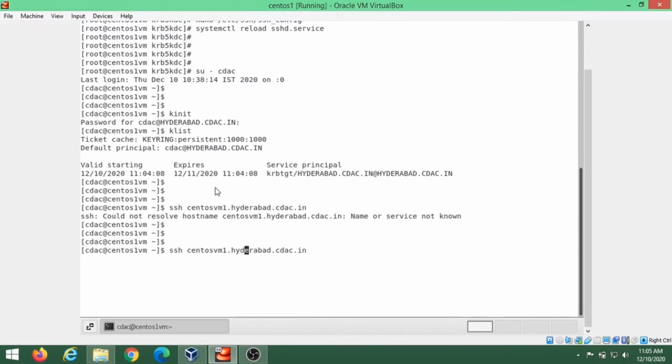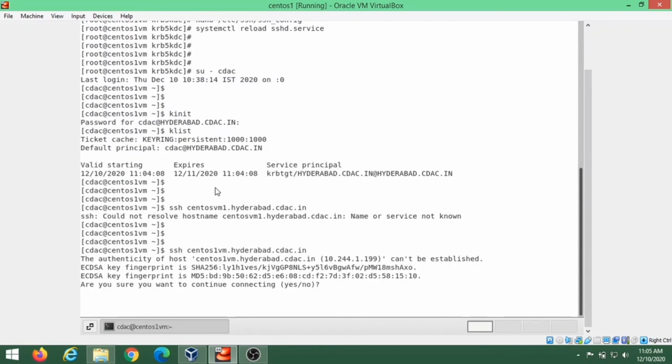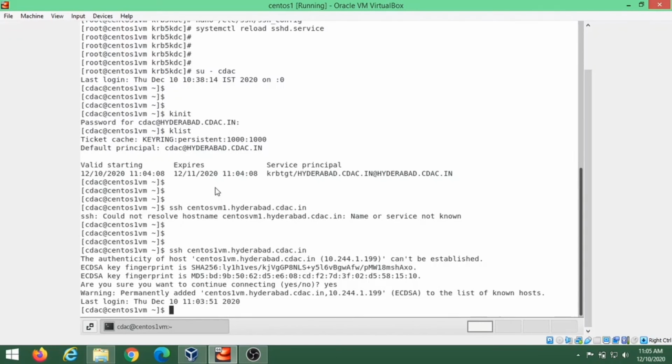Let me correct it. You have to accept the public key if this is the first connection, but you will not be prompted for a password. Hence we are in this server successfully.